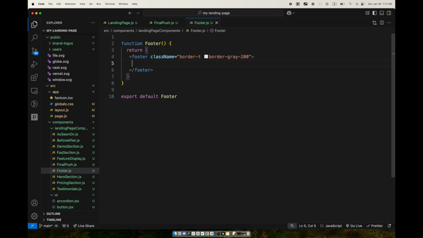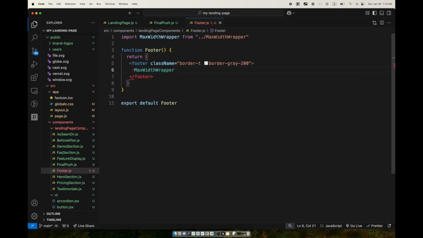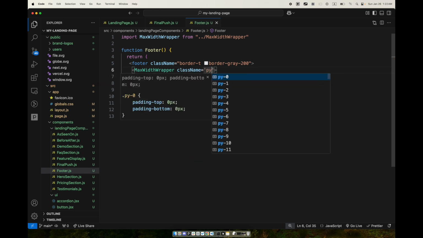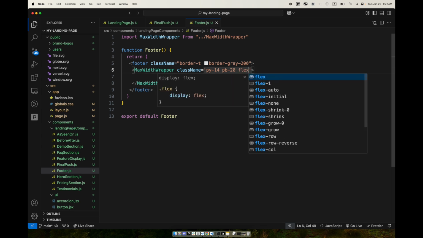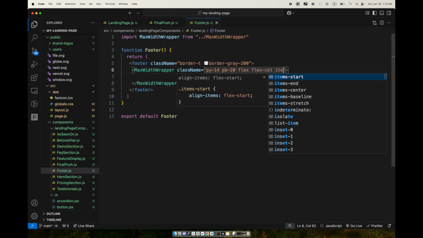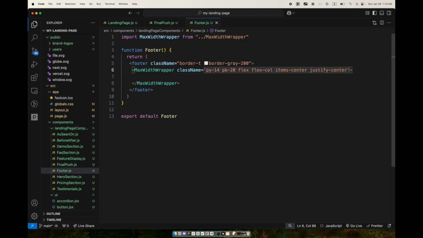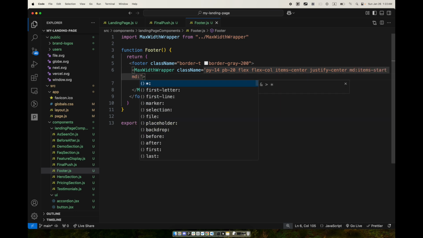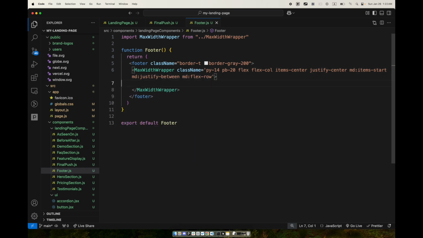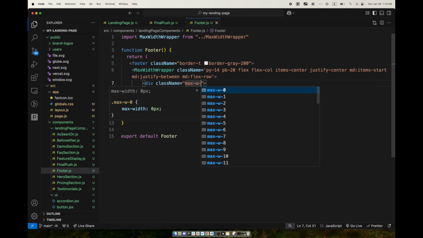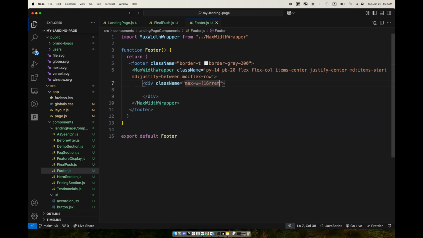And inside, let's open a max width wrapper with a class name of padding y14, padding bottom 20, flex column, item center, justify center, on medium and above, item start, on medium and above, justify between, on medium and above, flex row. And in here, let's open another div with a class name of max width 16 rem,